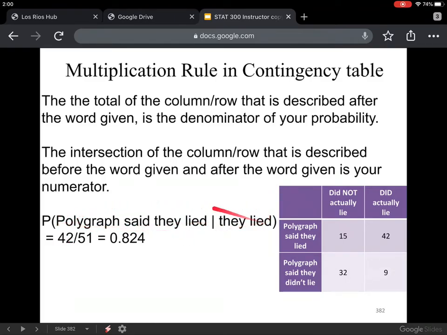And the numerator of my probability for this conditional probability would be the intersection of these two. Polygraph said that they lied, and they lied. What's the intersection? Polygraph said that they lied is this row. Actually lied is this column. The intersection of these two would be 42. That's the numerator. So that's another way that you can go about it. That would be a little bit more conducive or a little bit